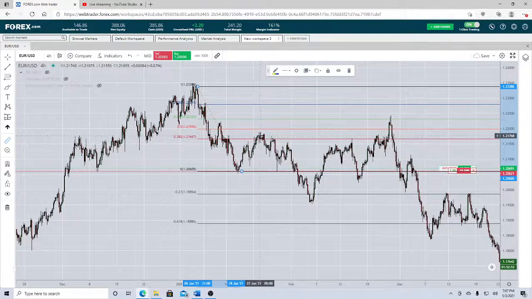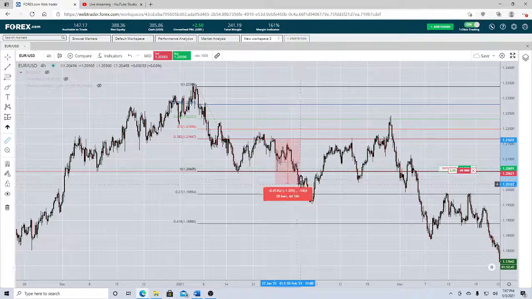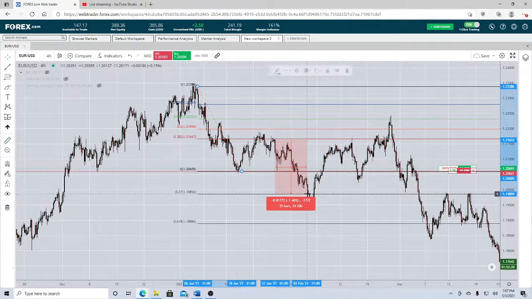Because price came up to this lower high up here, and then it formed this lower low, and then this lower high. It didn't break this high anymore, right? So you could have entered the trade here. And if you would have ridden this down at least to the negative 27, you're looking at 178 pips, right? And if you would have hit it right here, it would have been about 38 bars, 8 days. So you would have been on this trade for 8 days, 8 hours or so. Or you could have even taken partial profit, because usually sometimes price will hit,